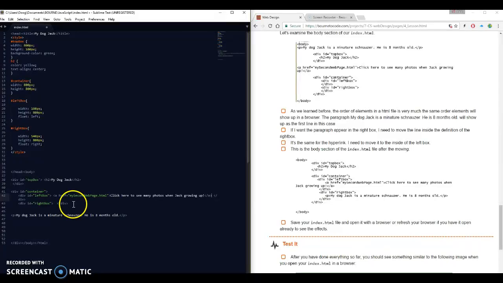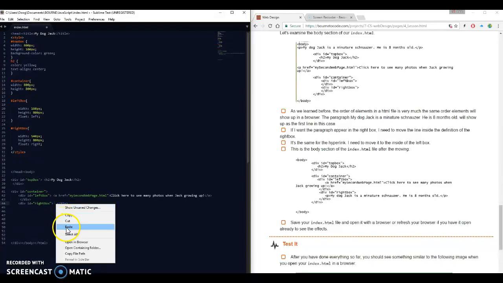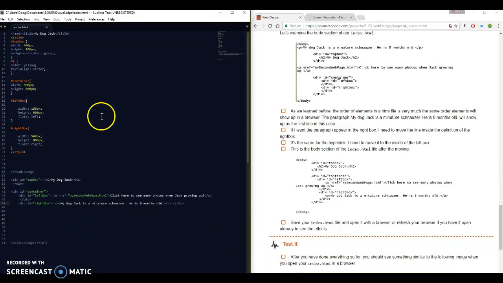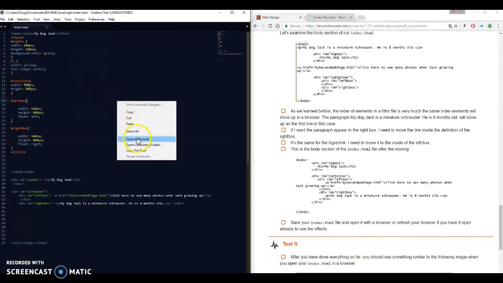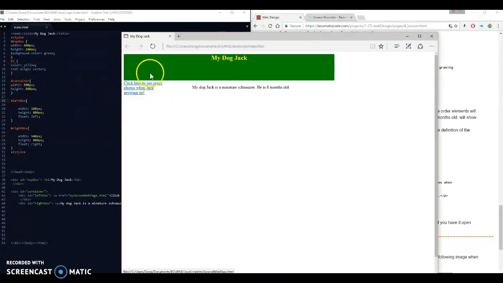Okay, and that's gone just over the other line. I don't quite like the look of it, so I'm just going to push return there just so I can see it's there. And I'm going to grab this section here, and again right click cut, and that's going to go inside the right box. Okay, let's do it again. File, save, right click, open in browser. Okay, and you can see now I've got